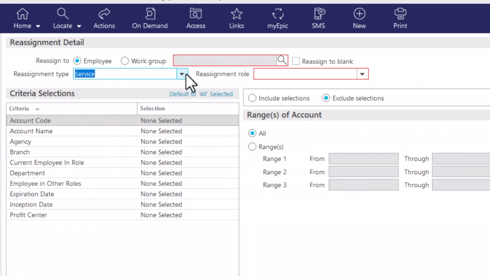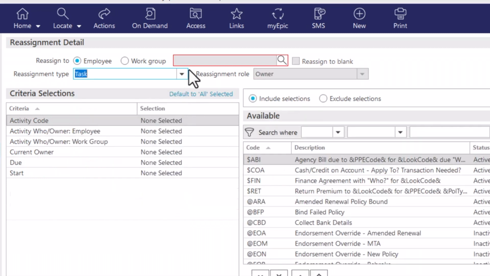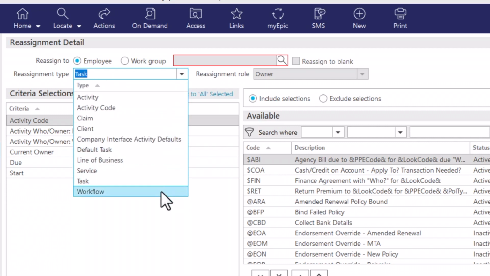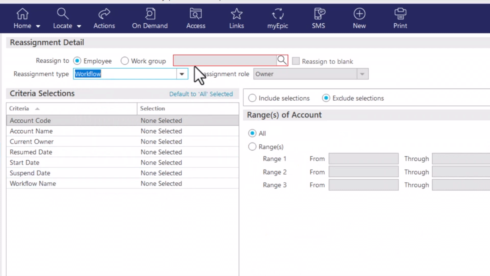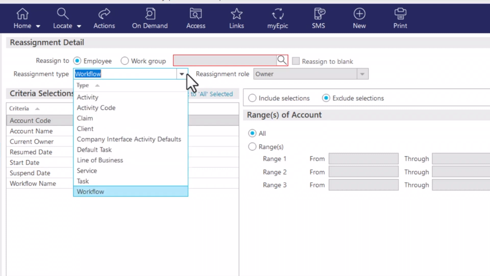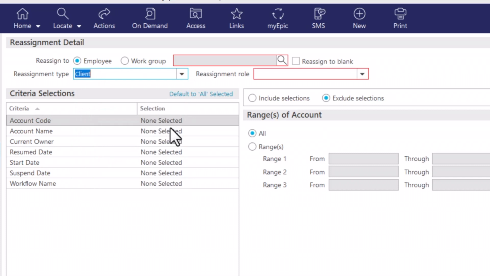Next is service. So for those agencies that are using the service module in Epic, you can reassign those services. Next is tasks. And this is the tasks option that you would use if you want to reassign current tasks assigned to a specific person. The last is a workflow, and for those of you who are using the workflows within Epic, this would be an option for you. So let's jump back into a client reassignment and take a look at the other areas